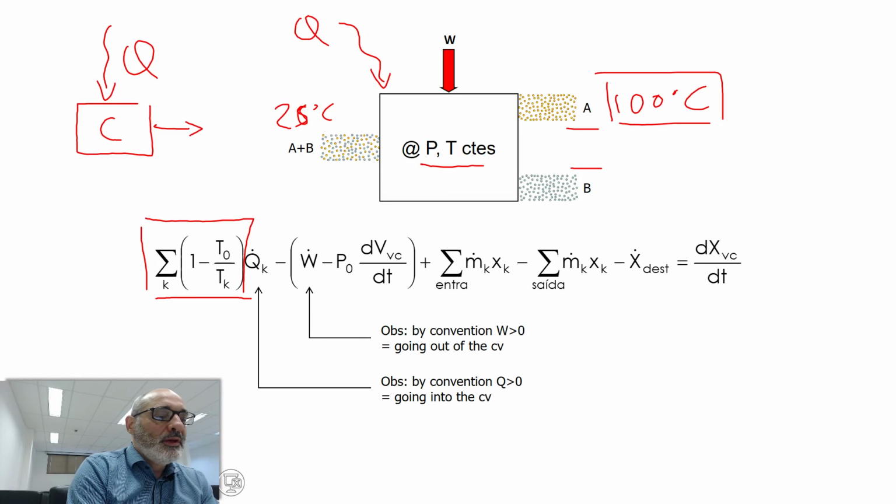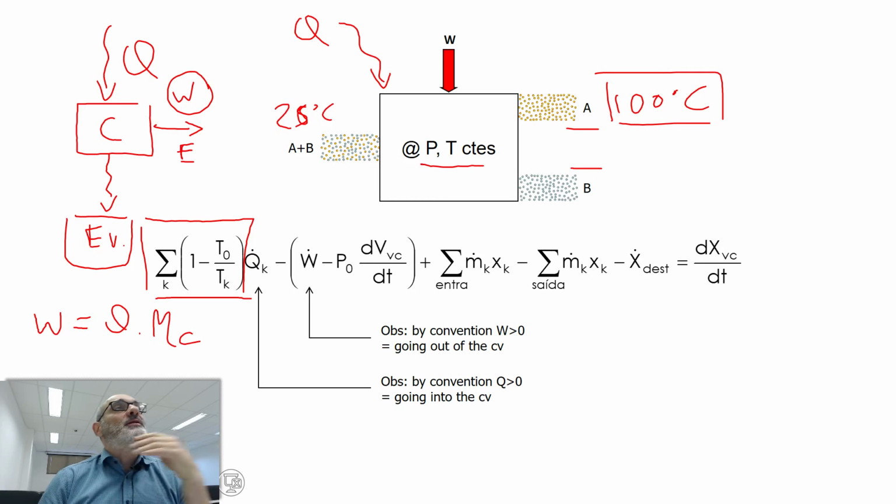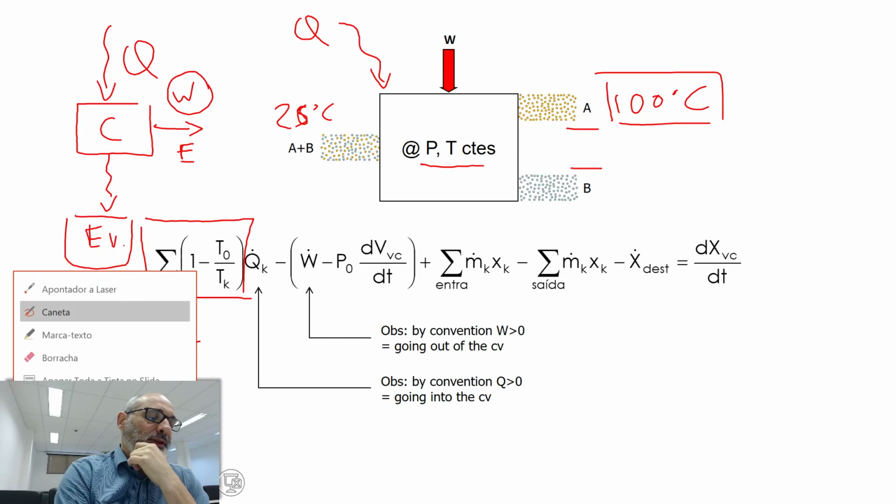It will produce some amount of work, it will reject something to the environment, okay? And this amount of work is exactly what we're calling here exergy, okay? That's a definition of exergy. And since this is a Carnot cycle, W can be calculated as Q times Carnot's efficiency, okay? And the Carnot's efficiency, the efficiency of the Carnot cycle, can be calculated from the temperatures, as I'm showing there,